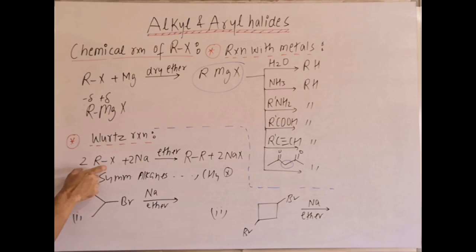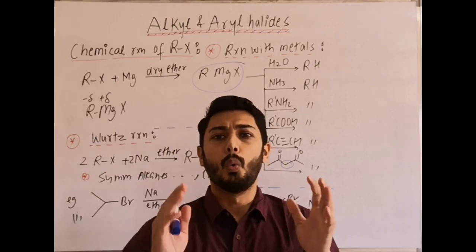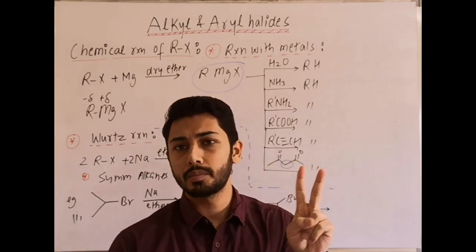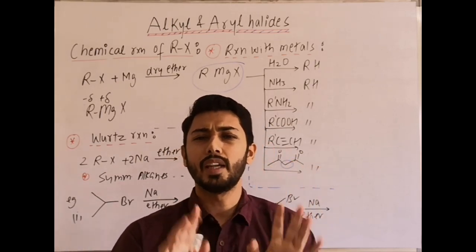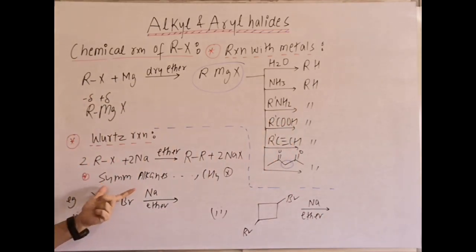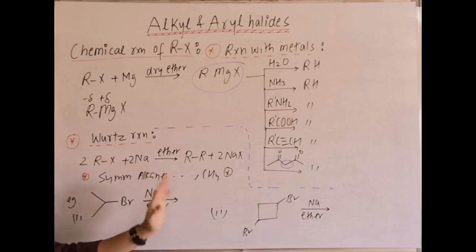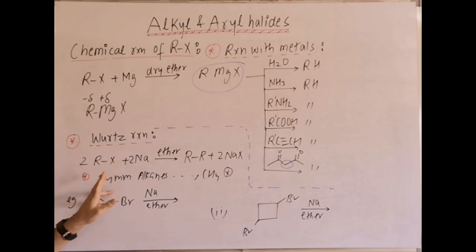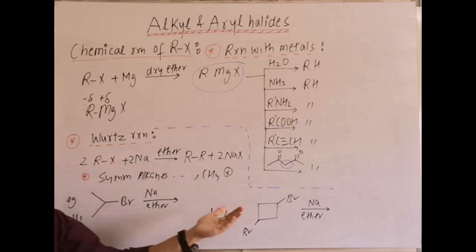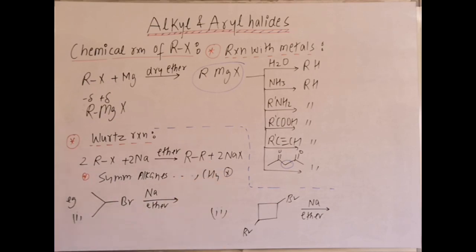A symmetrical alkane is formed, R combined with R plus NaX. Now this reaction is covered in hydrocarbons, where two mechanisms are proposed, free radical as well as ionic. Both are possible, but the mechanism is never asked. Remember one thing, symmetrical alkanes are formed by this reaction, it is not suitable for unsymmetrical alkanes, because if we take unsymmetrical alkyl halides, we get a mixture of alkanes as the product. Another point, methane cannot be prepared by the Wurtz reaction.